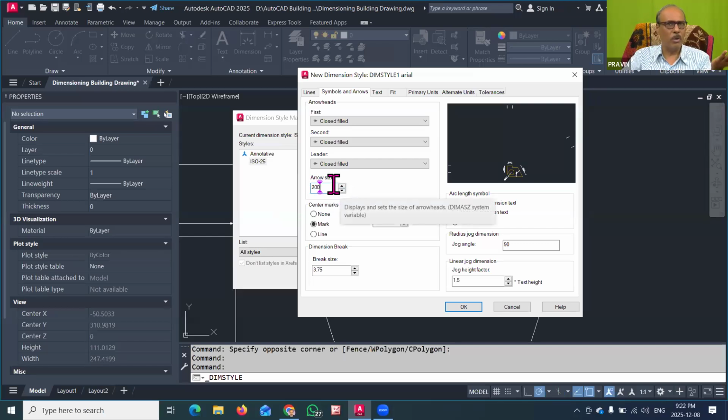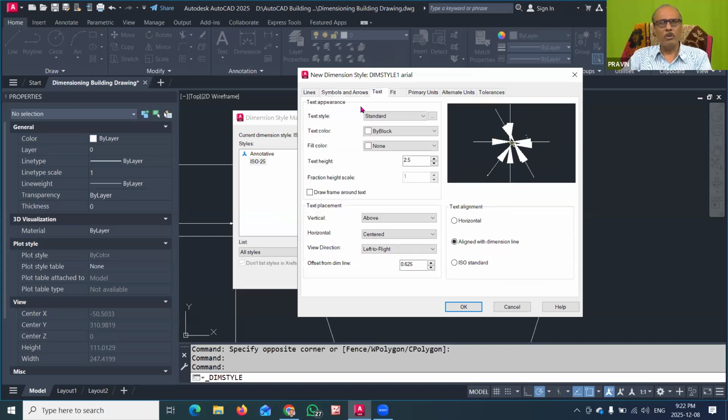So already we have taken 150 in that dialog box. Here you can have the arrowhead of 200. So that change I have now done here. Now in the next third tab, you have to go to the text tab. Now in the text tab, there are so many things we have to adjust. But the important thing is that you have to understand the text style that you have to use should be